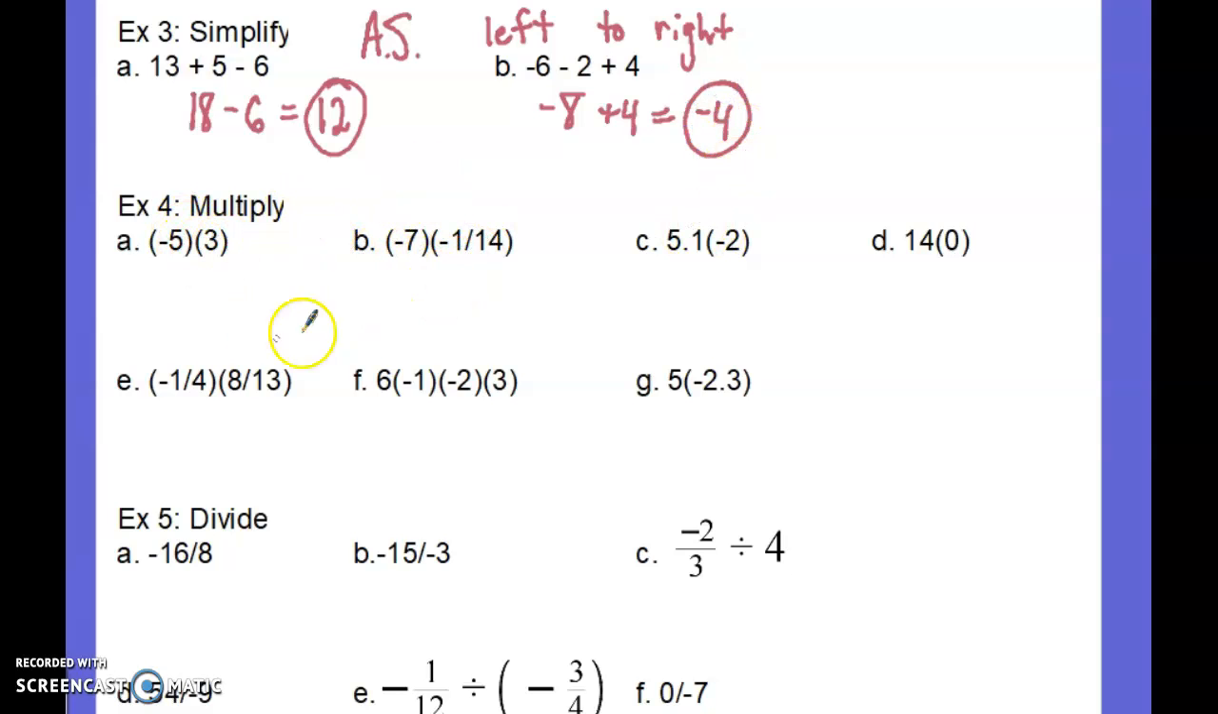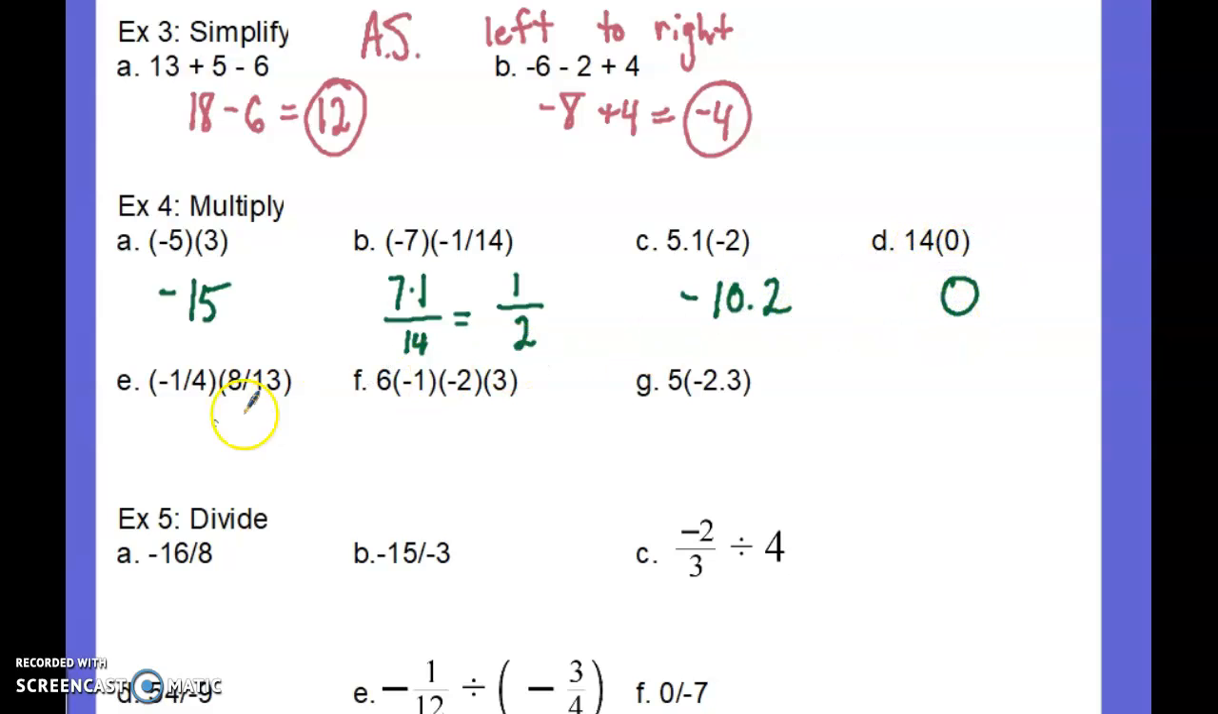Just more multiplication. Again, feel free to use a calculator. Just make sure you're getting the right answers. A negative times a positive is negative. 5 times 3 is 15. When I multiply by a fraction, I just multiply into the numerator. So a negative times a negative is positive. So do 7 times 1 and then divide by 14. So 7 times 1 is 7/14, which reduces to 1/2. A positive times a negative is a negative,